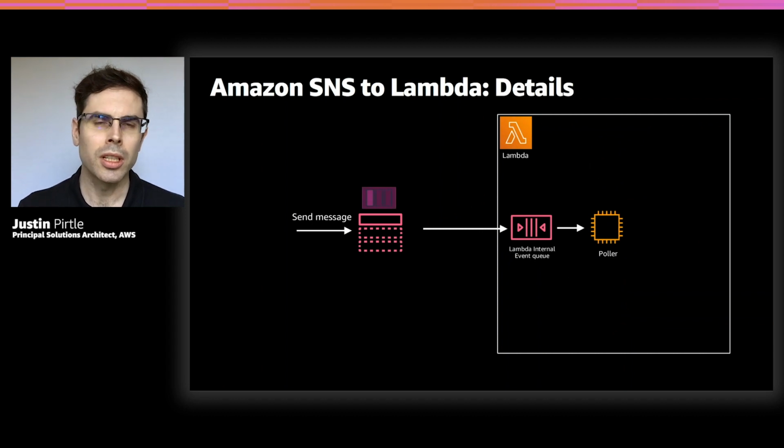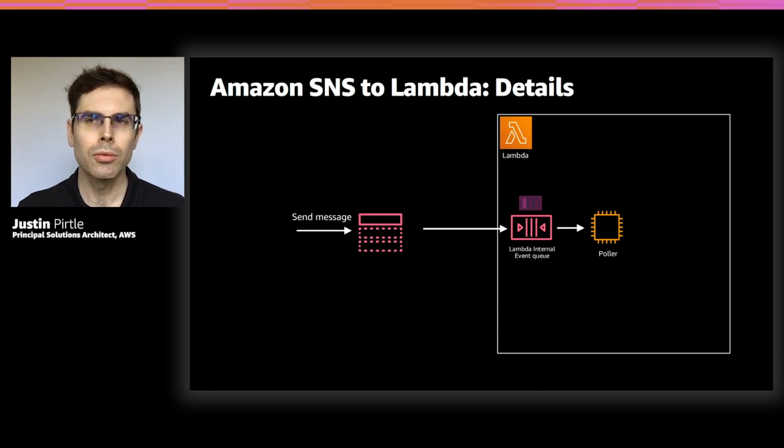So to enlarge what the internals of the Lambda service look like, you can see on the right now, and for the duration of this talk, anytime we have this white Lambda border and box, everything inside the box is a part of the Lambda service, an internal component or feature of the service. And anything outside the box is something external to Lambda. So in this case, the topic on the left is in your account where we publish the message. Lambda is the subscriber, so we receive the message in a Lambda internal queue. So Lambda drops this in a queue that it manages.